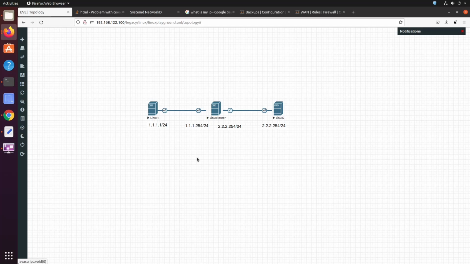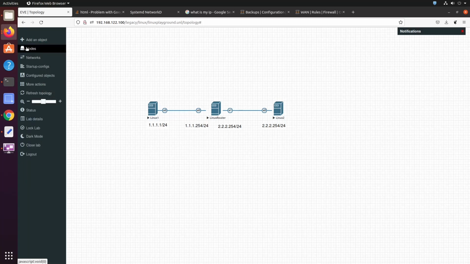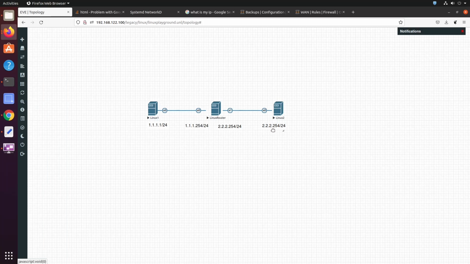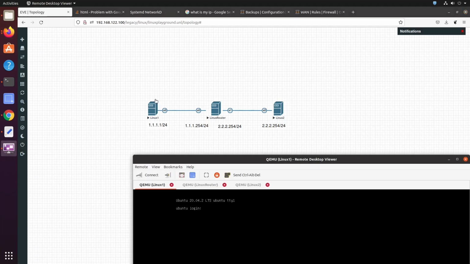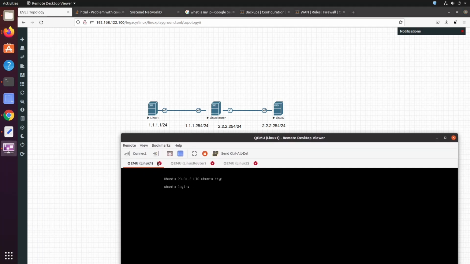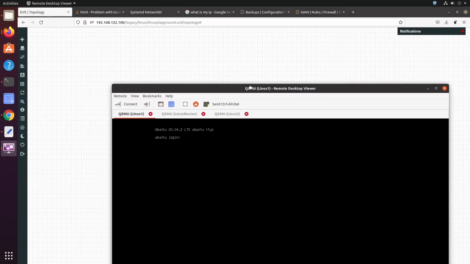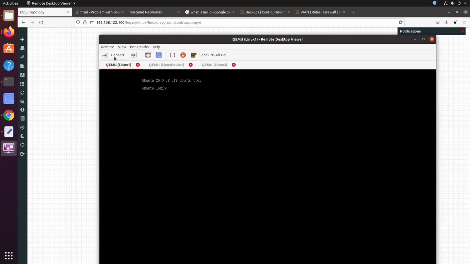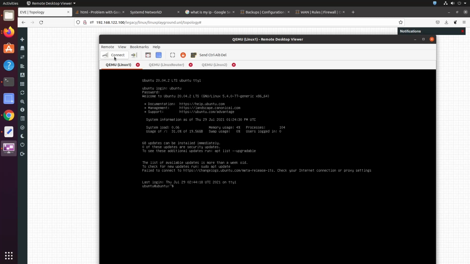In this video we will see how to set up a GRE tunnel that automatically starts when the Ubuntu machine boots up. We have 3 Ubuntu machines running in EVE-NG and connected like you see here. We will set up a GRE tunnel between Linux 1 and Linux 2. We will also go over how to set up a basic interface using the systemd-networkd service.